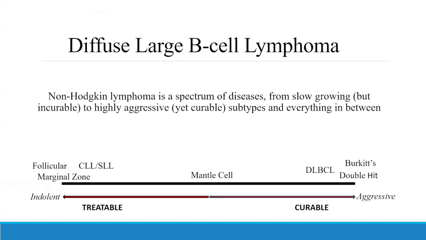There we go. On one end, you can have the more indolent, quiescent types of lymphoma, such as your follicular and your CLL, which are very treatable, but not necessarily curable. And then on the far end, you're going to have your aggressive types of lymphoma, your DLBCLs, your Burkitt's lymphoma. And then you have a number of non-Hodgkin lymphomas that fall in between that. The treatment and the prognosis of these lymphomas differs greatly depending on which end of the spectrum that you're on, which is why it's not useful for them to just Google non-Hodgkin lymphoma.